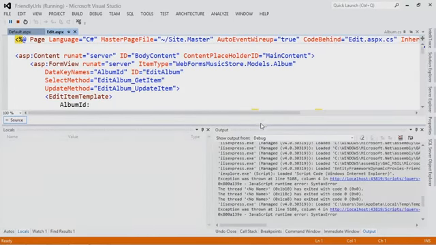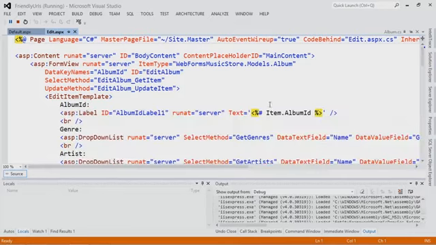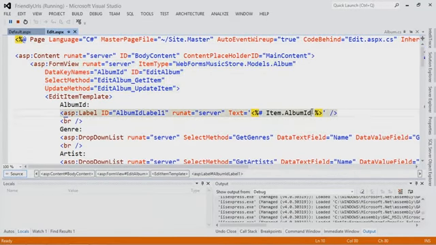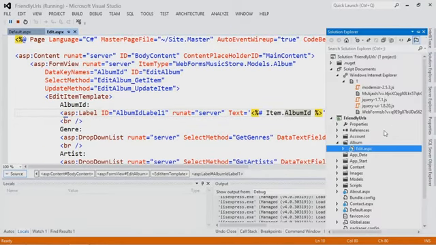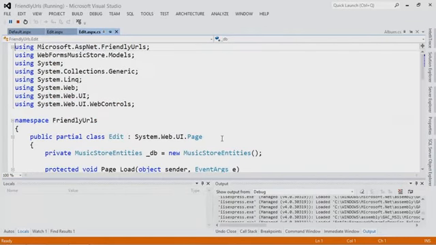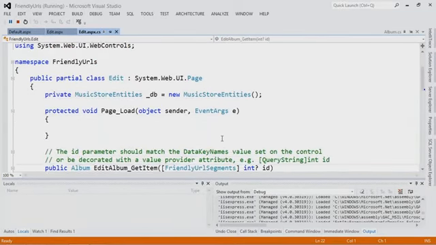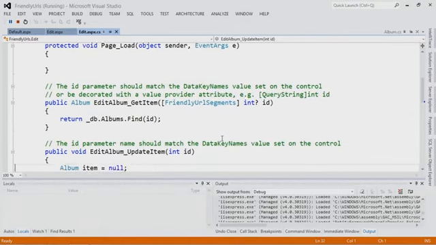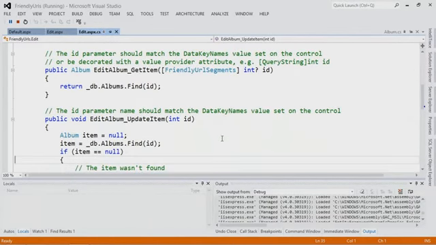Ah, okay. So here I've got that edit.aspx, and again I've got this item type set. And you've got select method and update method. Yep. And actually that's great. Let's look at the select method. So if I go into the code behind here. Now the code behind in the past for web forms has looked a little bit busy. Yeah. A little busy. So here we've got my select method is like get item, and this, aside from,